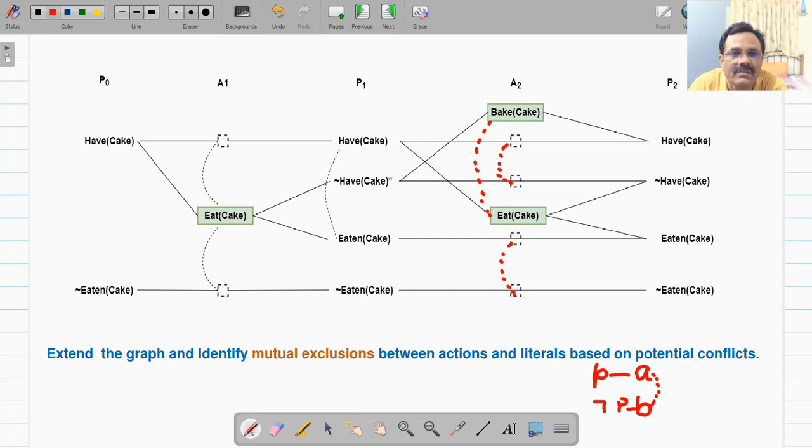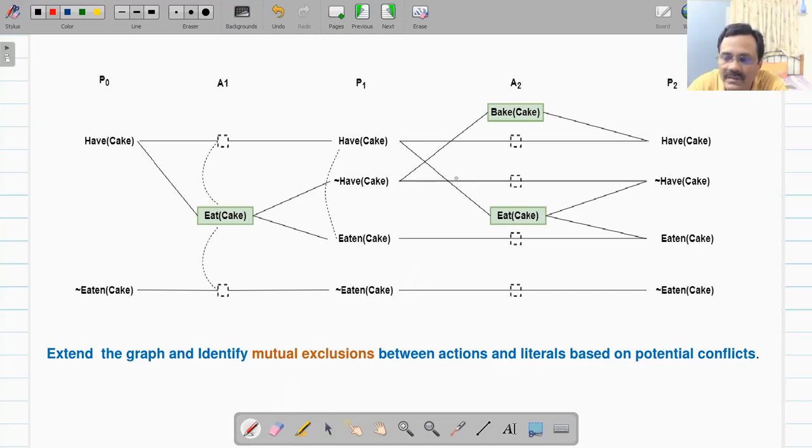Next type of mutex link in the action layer is inconsistent effects. Now what is an inconsistent effect? We will see. Inconsistent effect says that if one action, for example, negates another.